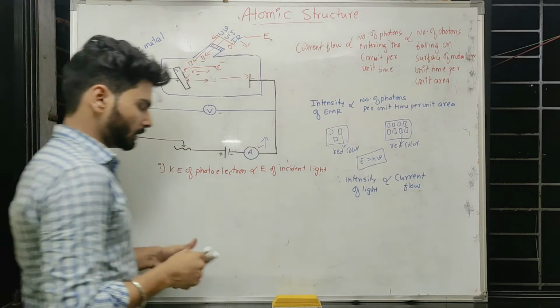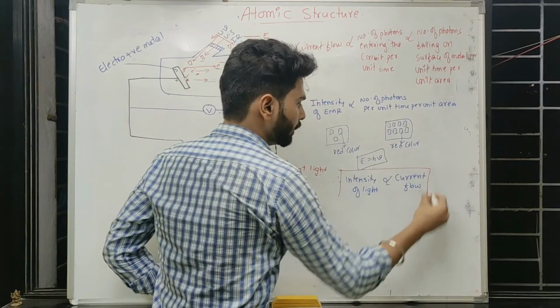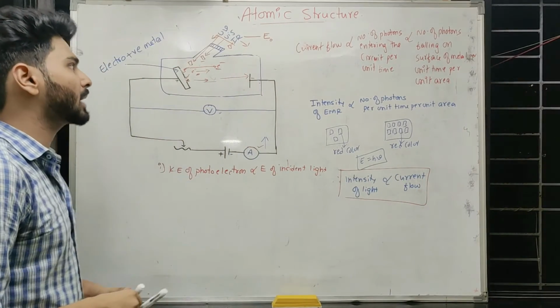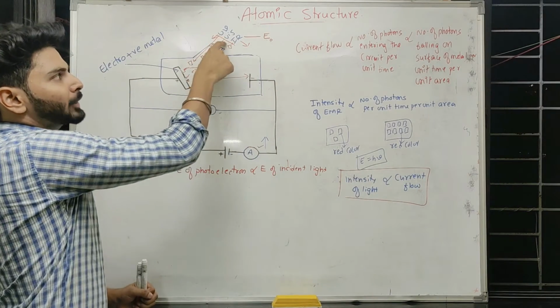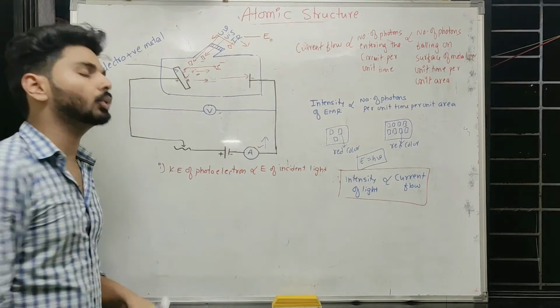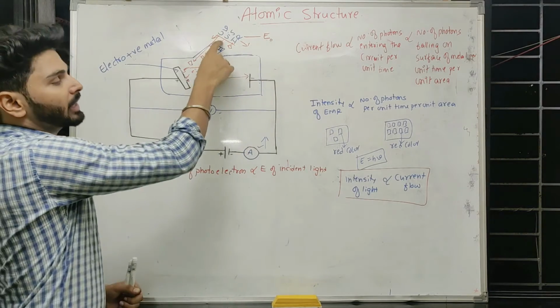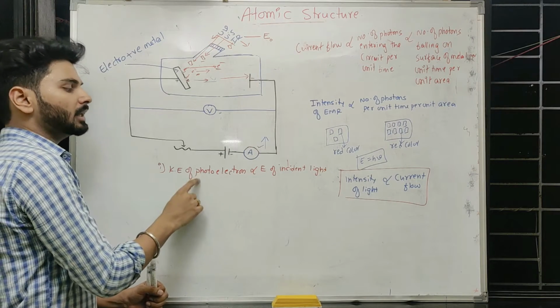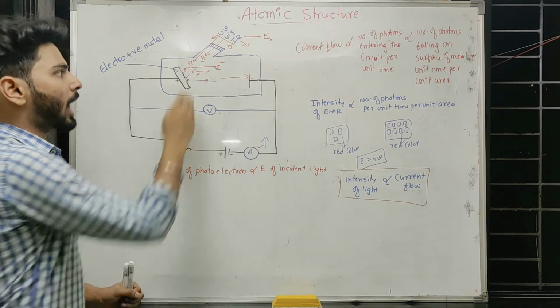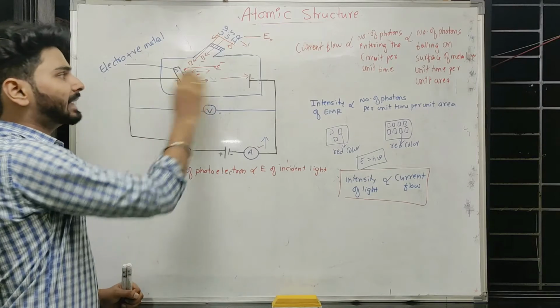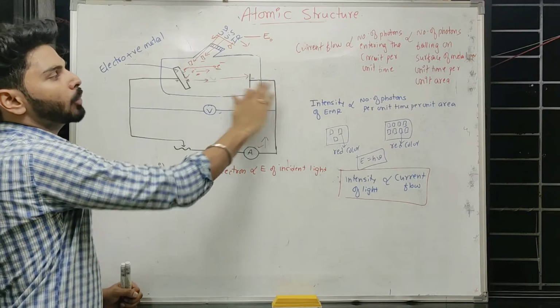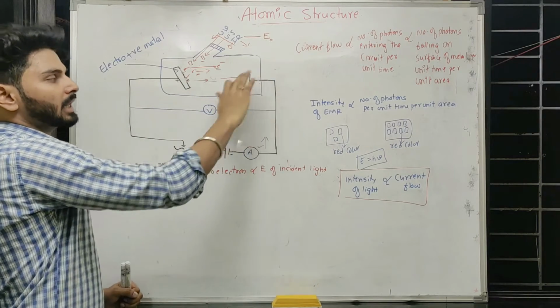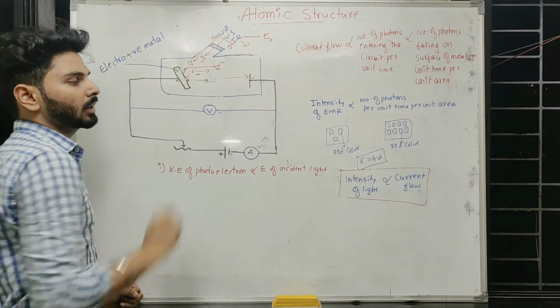So this is the very important conclusion here. Why? Because sometimes the question can be asked: does the energy of electromagnetic radiation affect the current flow? No. The energy of the radiation won't affect the current flow. The energy of the radiation only affects the kinetic energy of the photoelectrons, how fast they are moving. Once that is taken care of, thereafter how many electrons enter the circuit per unit time will matter to initiate the current flow.